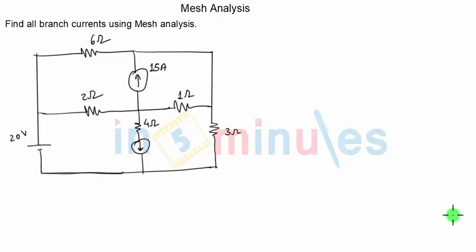before also. If I want to find branch currents, before that I'll have to obtain mesh currents. So I'll obtain mesh currents first because we are asked to use mesh analysis. So once we get all the loop currents, all the mesh currents, then we will find out the branch currents one by one. Now in this case, since we have to apply mesh analysis, let us first identify all the